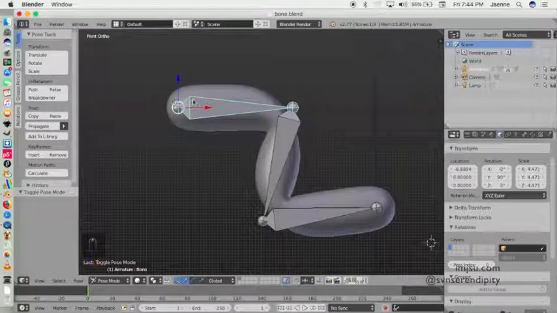This is the technique I usually use if I want to rig something, but there is another technique that we call inverse kinematics, but I'm going to show you that technique in my next video, so make sure you subscribe